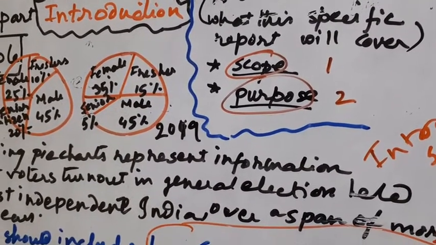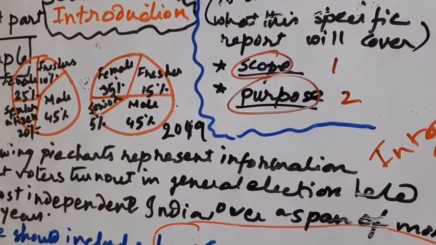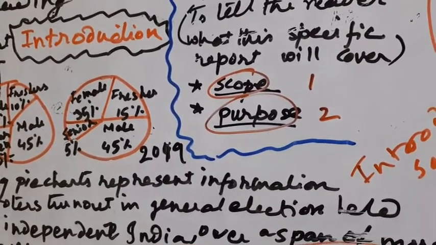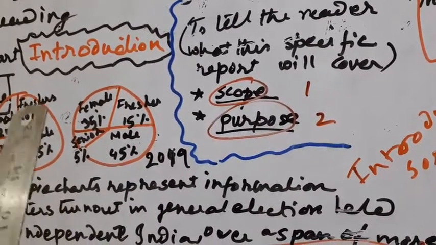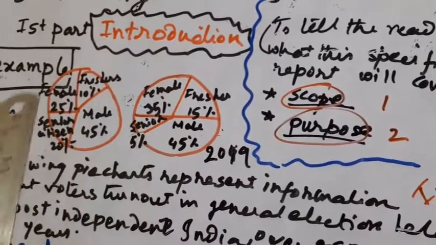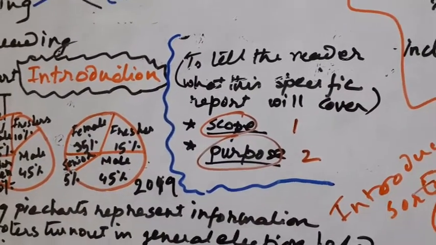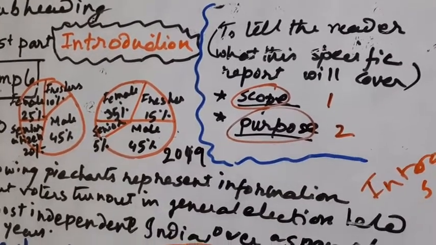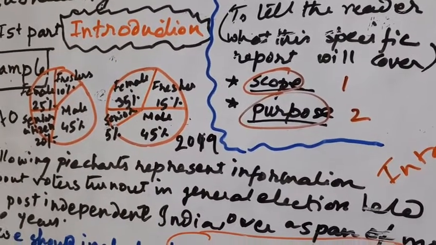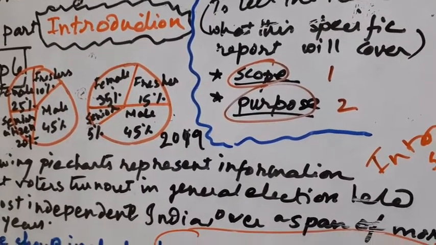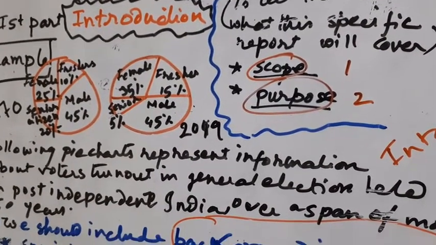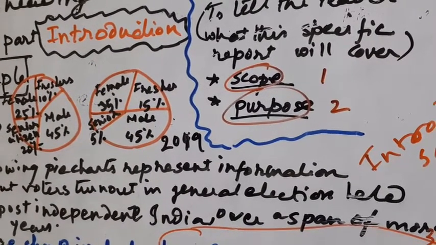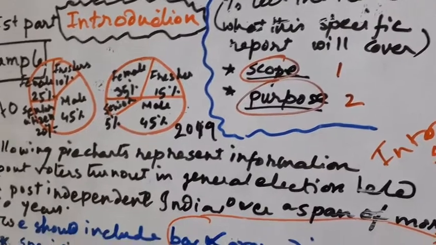Now the purpose means, after long research and after collecting so much data, that you can see many data are incorporated in both the pie charts. So this data you will have to cull. The purpose is to show the difference between post-independence and the range of 50 or 60 years later.